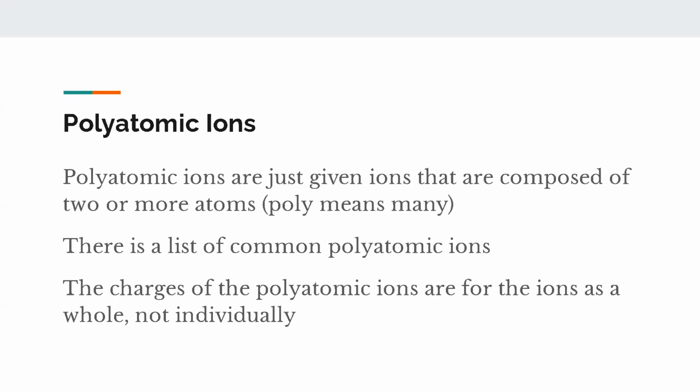So now we're going to talk about some polyatomic ions. So as we learned previously, polyatomic means there's many atoms, right? So like an ion like O2 minus, that's just a regular ion because it's only composed of oxygen. Polyatomic ions have more than one element that create this charge. So polyatomic ions,